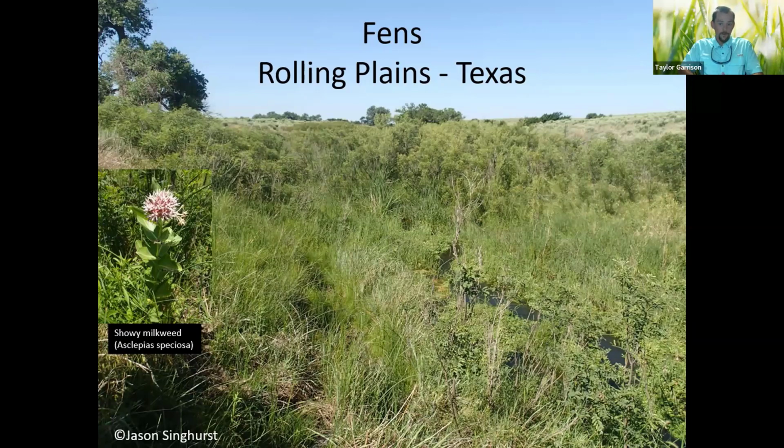And so there's been a few fens described in areas like Gene Howe WMA and a few other private ranches within the lower part of the Panhandle and the Rolling Plains. And so typically these fens in Texas hold more prairie grass species that can deal with more water. So things like eastern gamma grass, switchgrass, big bluestem. We also have a really unique milkweed as well that kind of comes into Texas only in these areas of the Panhandle and the Rolling Plains. It's showy milkweed, so Asclepias speciosa, which is more common outside of Texas, but we do see it in some of our Texas fens and wet areas.